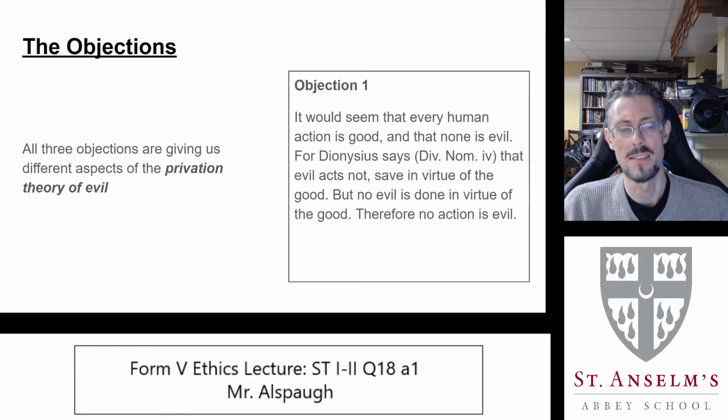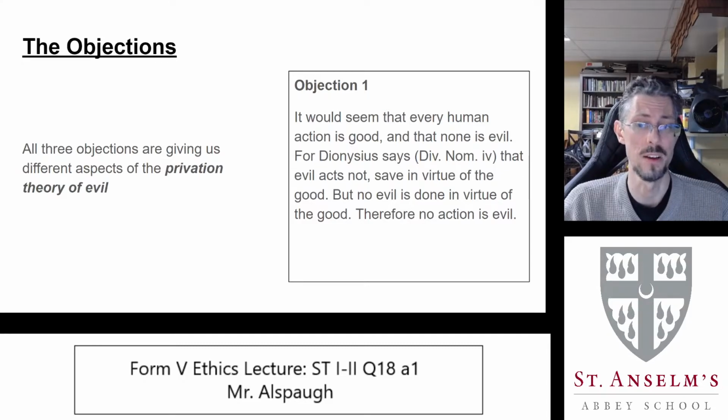He's actually in that text talking about the way, well, if the good is the origin of all things, as we believe, and as we can show philosophically as well, then how is there any evil at all? The divine names treatment there in chapter 4 is actually talking about the existence of fallen angels. Why is there any evil at all? It's the text for the privation theory for the Middle Ages. So if evil isn't done in virtue of the good, capital T, capital G, how does it exist at all?